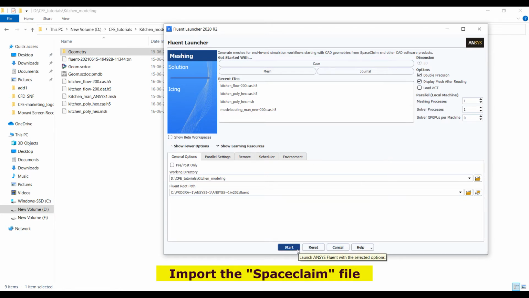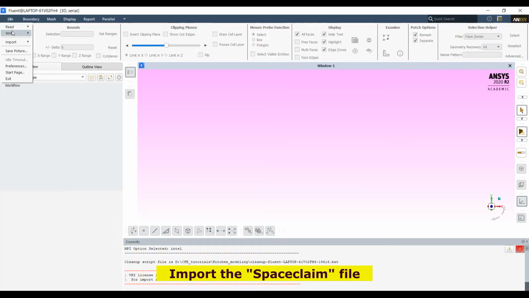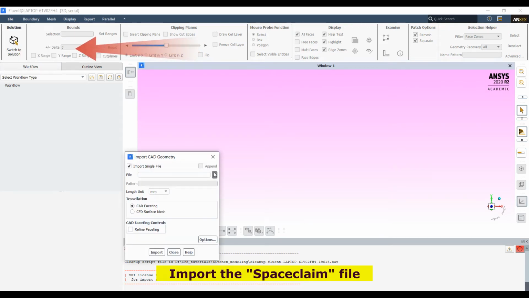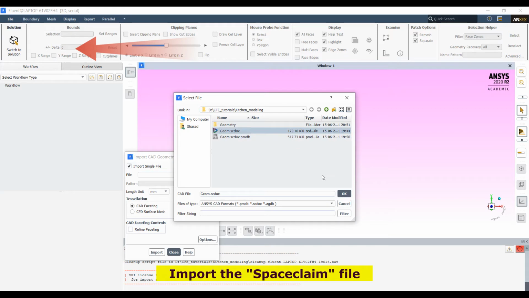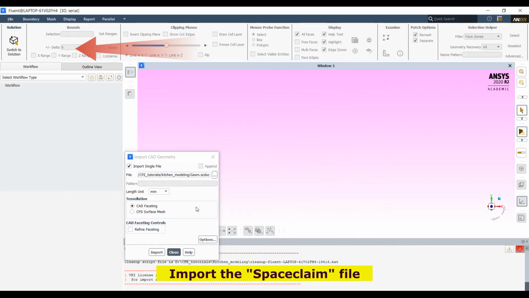Fluent Meshing creates geometry only on a 3D platform, it doesn't create in 2D. Note that it should be in 3D. File, import CAD file, then import the SpaceClaim file, geometry for the kitchen.